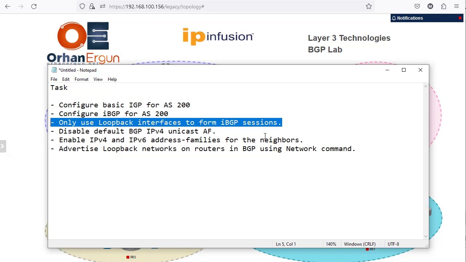The reason for that is I have multiple paths to get to the destination, and using a loopback interface is going to make sure that in case one of the paths to my BGP neighbor fails for some reason,